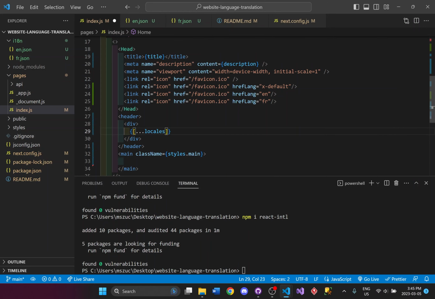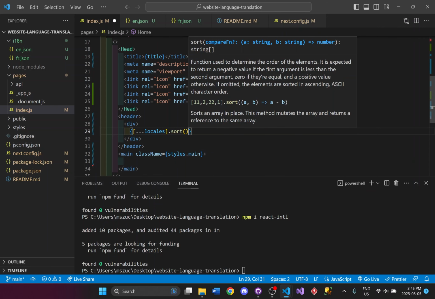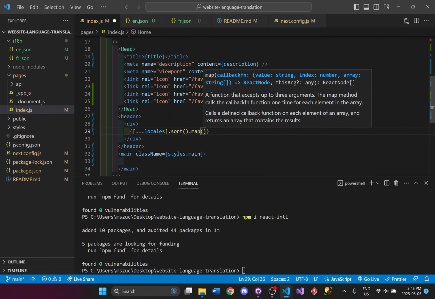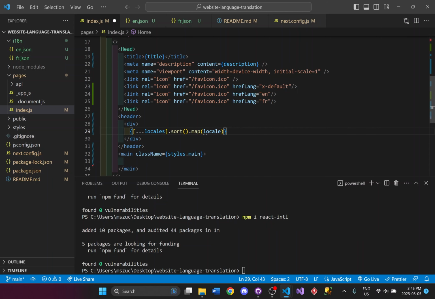So based on all the locales there that are given, we're going to do dot sort dot map locale, and I just need to put this in another bracket.